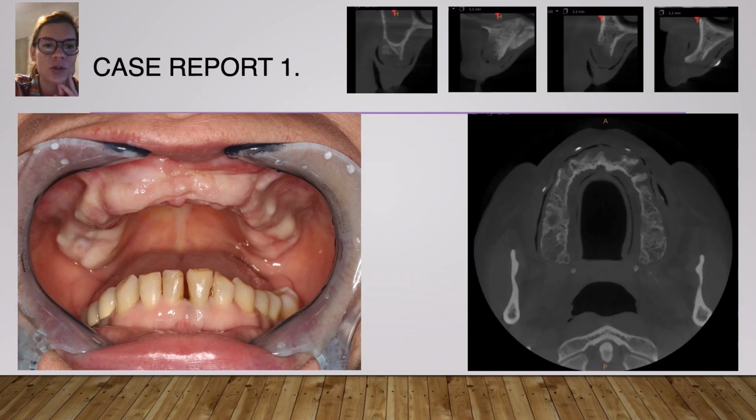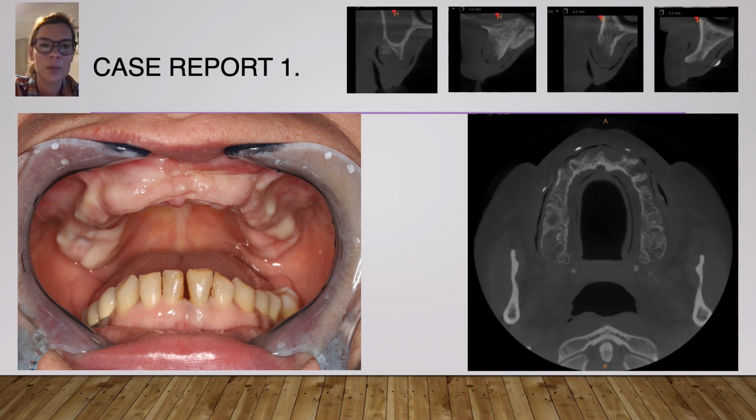At the end of my lecture, let me show you some cases of mine where I used this type of material. The first patient is a middle-aged female patient, and she came to me in a state like this. She had chronic periodontitis on the upper jaw, and all of the teeth were hopeless, and they were removed. The patient came to me four months after the tooth extraction, and at first sight the amount of bone looked quite good, but when I made a CT scan,